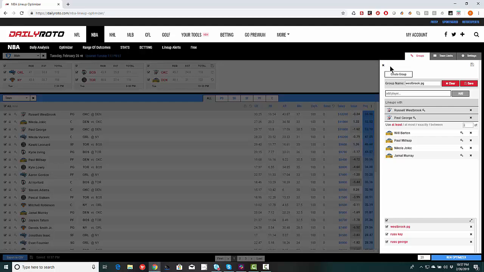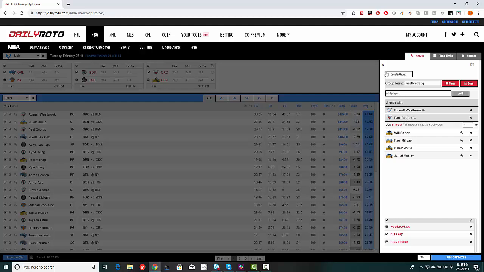It's more likely to use on larger slates than smaller slates because larger slates you have more options to choose from, and you might say, hey, like on an 11 game slate, I don't want Russ and Paul George paired together because they're so expensive and they might cannibalize each other's production or things like that. So there's lots of rules that you can make to set up your player pool